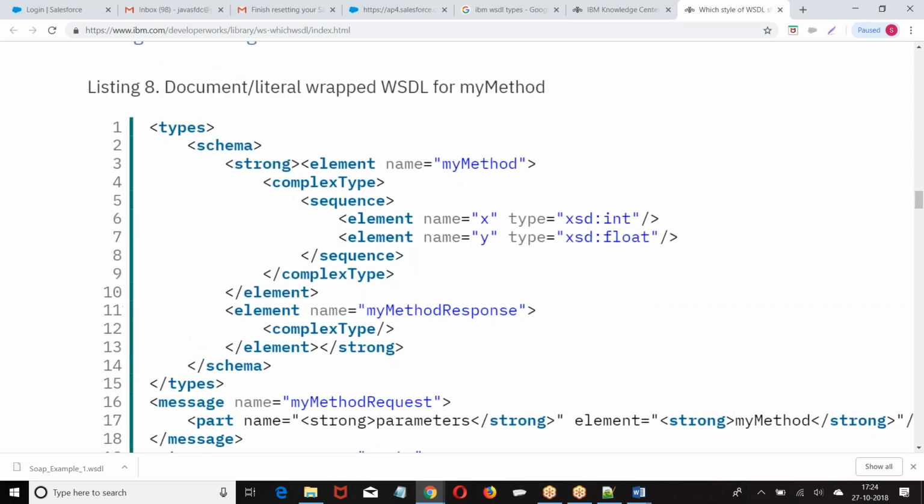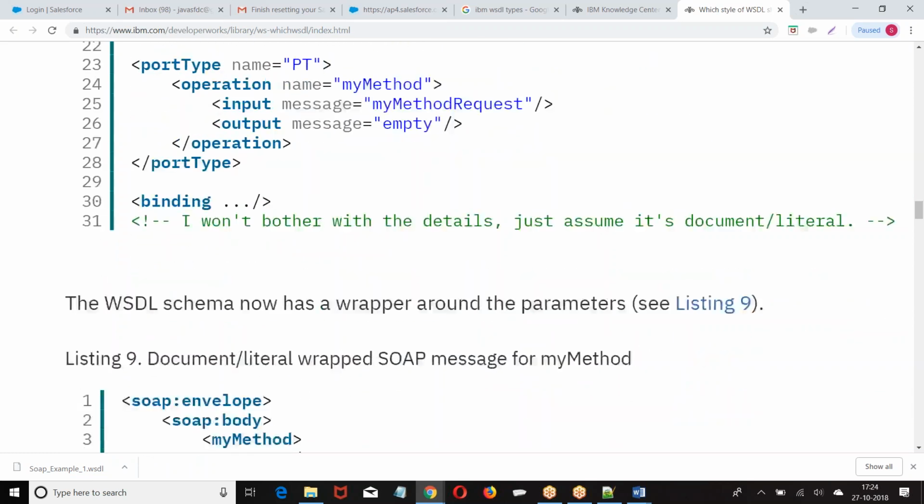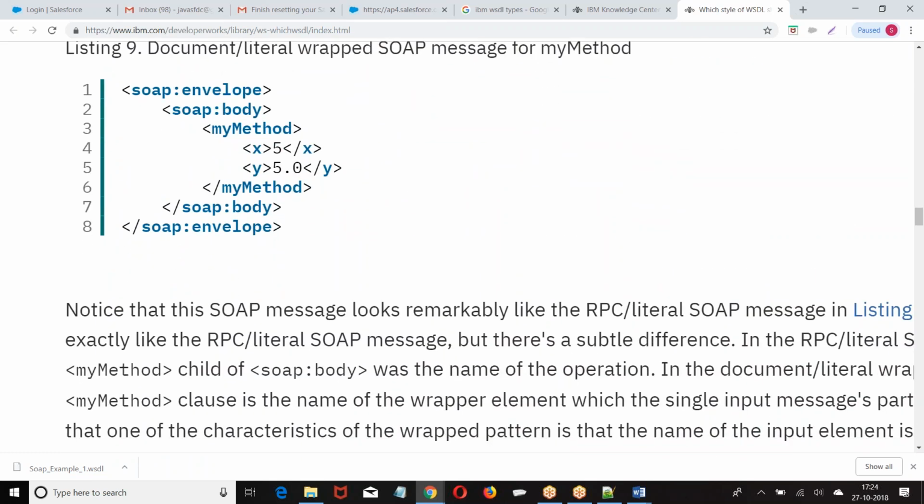So the current format people are using is the document literal wrapped style, where everything is mentioned in the schema. I will explain the sequence type and all this stuff in the schema. If you look at this, my method. Now you got the basic difference between document and RPC. RPC has the method name and the type of element mentioned, whereas the document will not have the method name, and the type of element is not straight away mentioned. It is defined in the schema. You have to go to the schema and find out. Is that clear? What is that schema? We'll discuss that further.